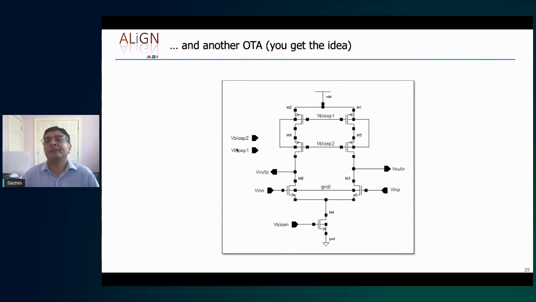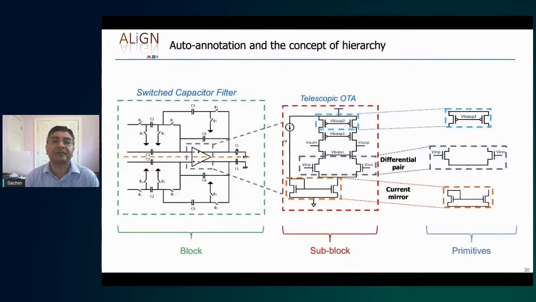But for a tool to be able to recognize this is not so simple. And this is where we can leverage machine learning in order to handle this, because machine learning can recognize variants of a particular structure. So if you recognize features, for example, those features can be composed, and then you can recognize that a particular block is an OTA, for instance.